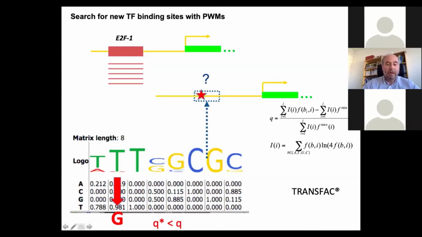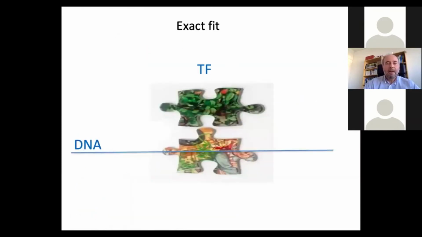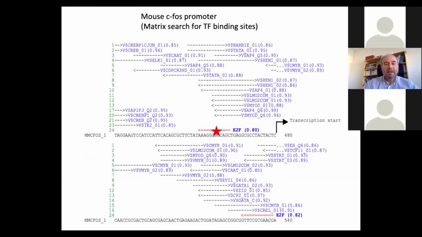And in other words, if this Q becomes bigger and bigger, higher than a particular threshold, we can say that this site is gained. So it appears in this place. And in fact, we know that this binding of transcription factors to places in the genome is not exact. So we should forget this concept of exact fit. In fact, they are binding very proximately, and it leads to the